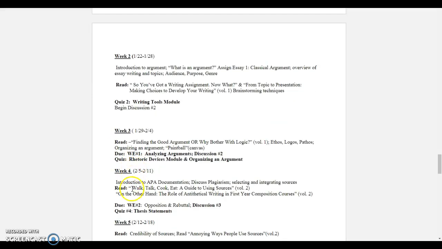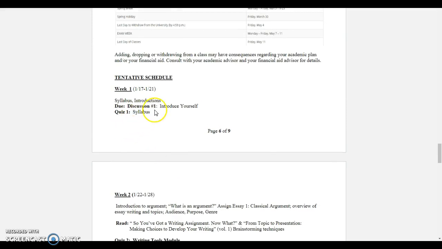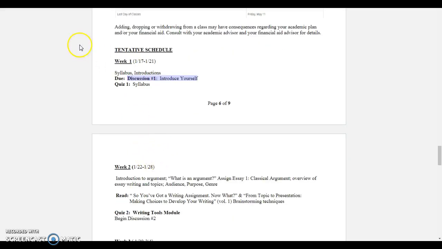I think that's the only discussion that we have going on for 2 weeks, just because it's at the beginning of the semester, and also because it deals with brainstorming topics for your essay, so that takes a while for people to figure out what they want to write about. And also this one is not due on Fridays because it's our first discussion. This one is due on Sundays.